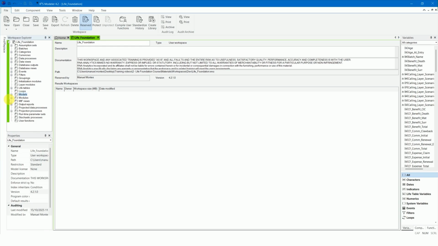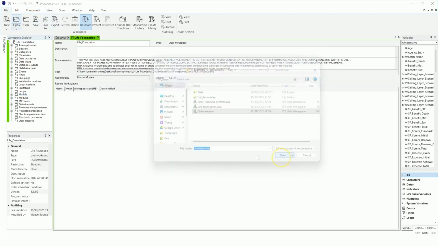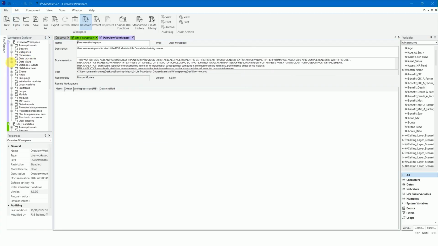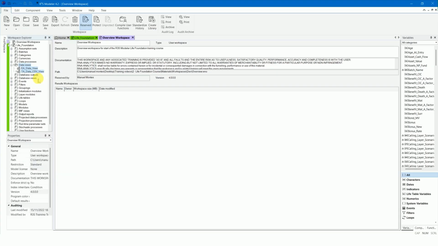Copy and paste the data view, TA Data CSV view, from the Overview workspace. Now close the Overview workspace.